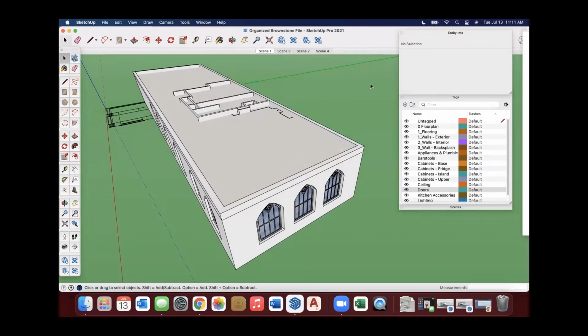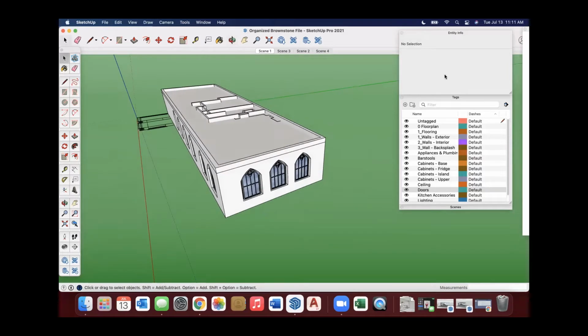But what we can see here is that in this model, you can see this list. If you're not familiar, what do these mean? First, we have this content palette box, or there's lots of terms. I tend to say palette or dialog box. This one is named Entity Info. Right now it says no selection because there's actually nothing selected on my screen.